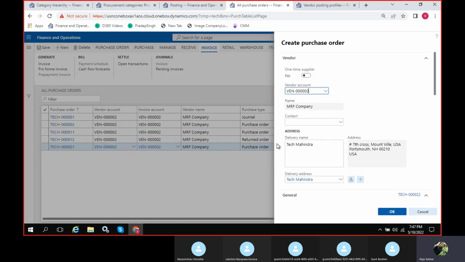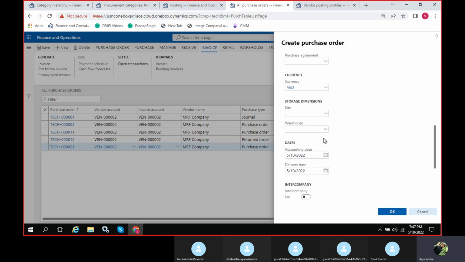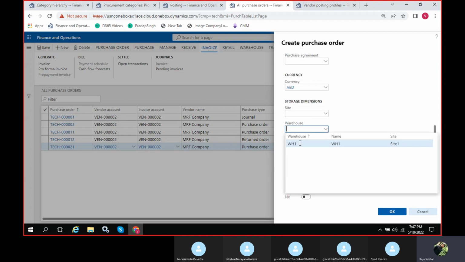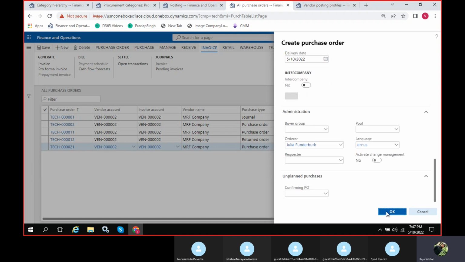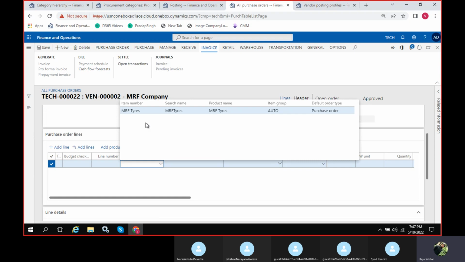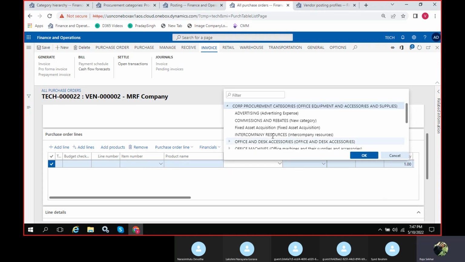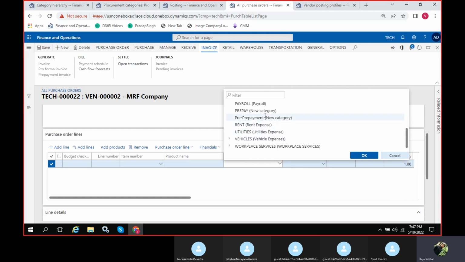So take your vendor, site and warehouse. Say okay. Tires, and here also define your prepayment.